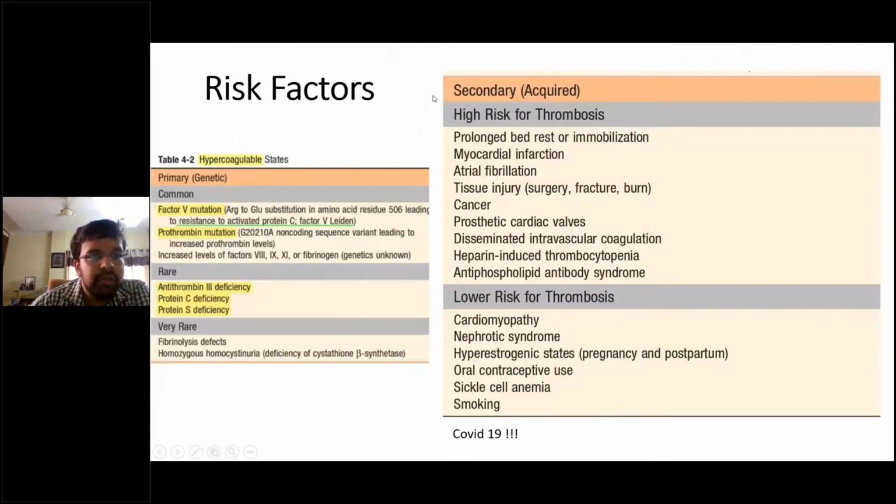Okay. So coming to the risk factors, these risk factors are again the same as DVT. The most important risk factor is again DVT, and this slide is again very important: the primary and the secondary causes of hypercoagulable state resulting in pulmonary embolism. In fact, recently, COVID-19 is also a very important risk factor for pulmonary embolism, and it's a procoagulant state. And prophylactic anticoagulants are indicated in COVID-19 to prevent pulmonary embolism.